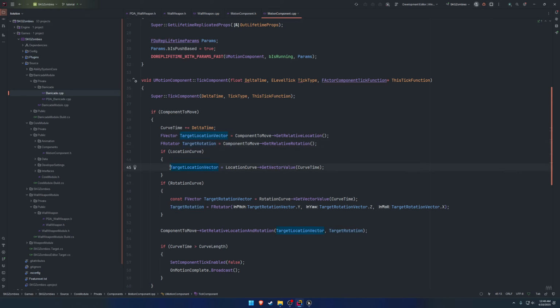So then we want to add the vector values to our target. So we're going to replace the target location vector to be plus equals the curve value. Then we want the target rotation to be plus equals this target rotation. So now that we have that, what we want to go ahead and do is store these values in